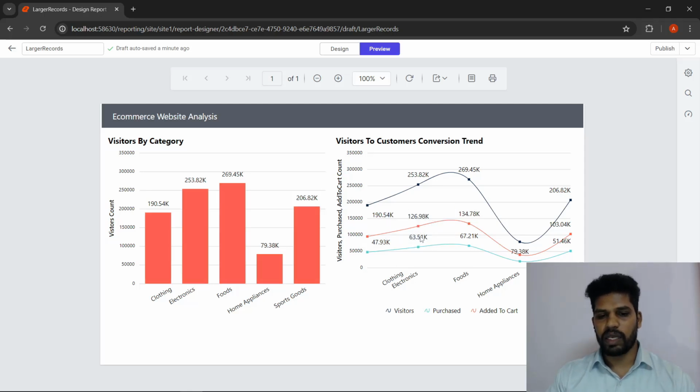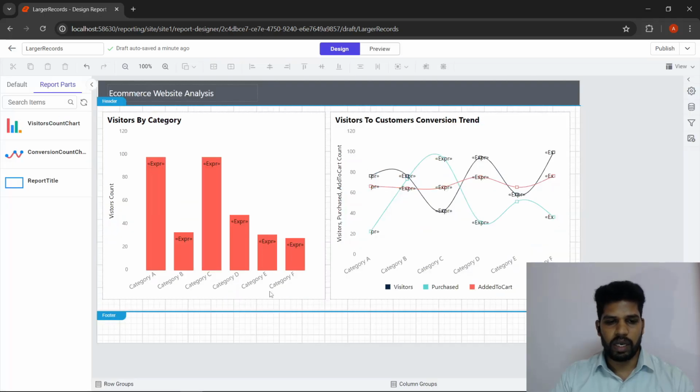So it shows there is some problem with the users who added to cart, but they left without purchasing it. So I want to investigate it further, but in this chart I can't see any specific user detail, so I am unable to analyze it. So I am going back to design and I am going to add